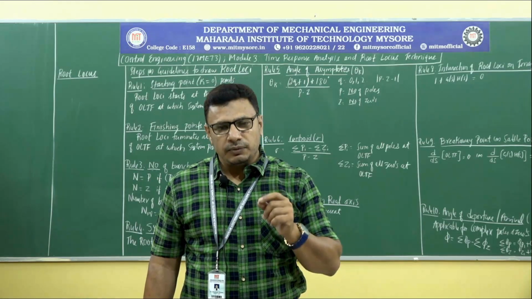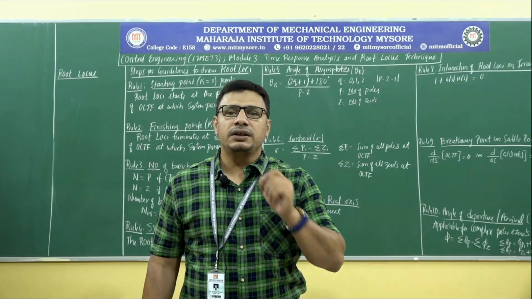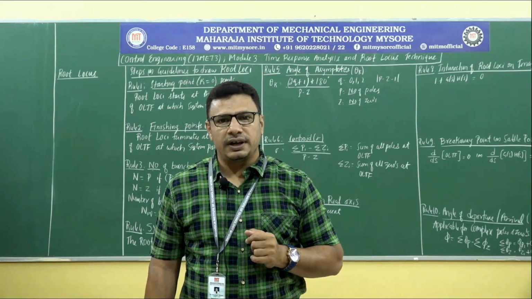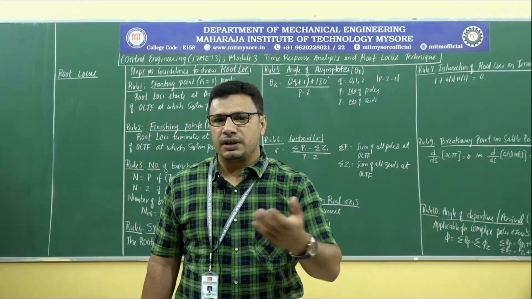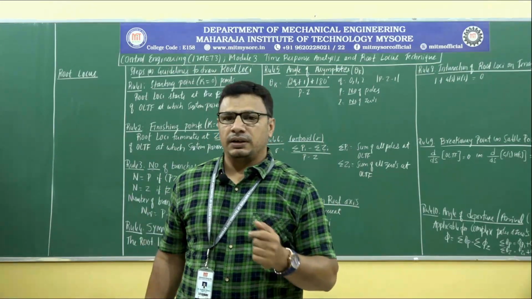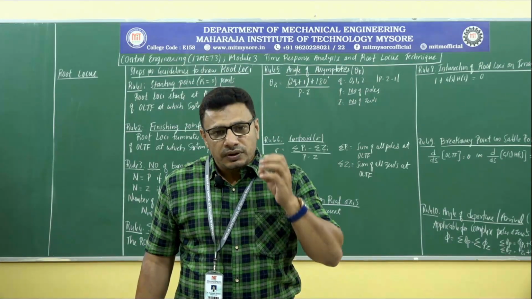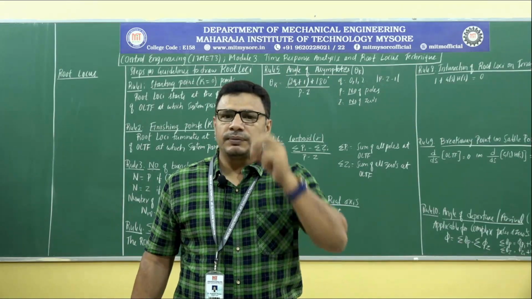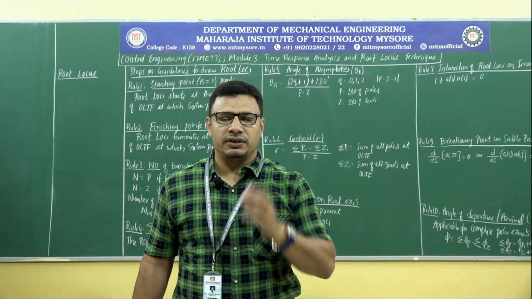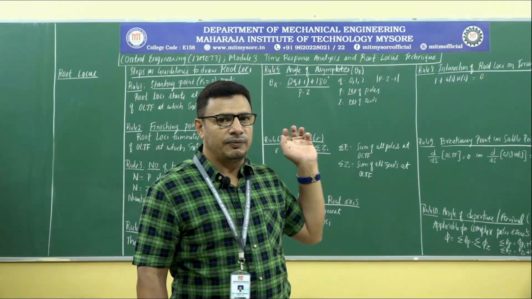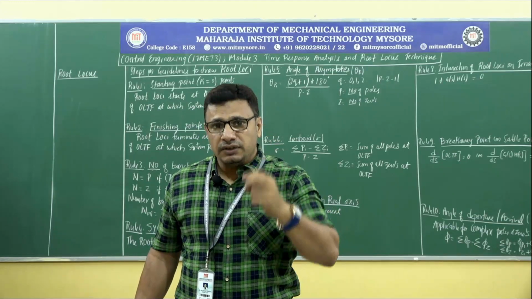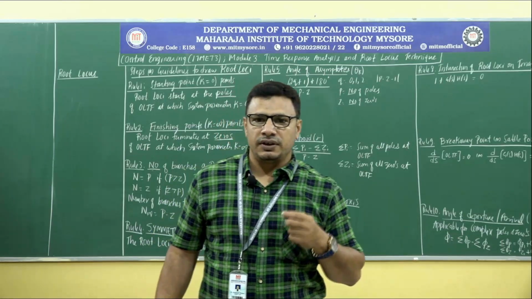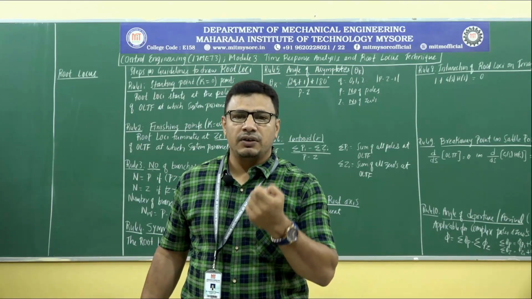But the asymptotic straight lines should start on the real axis. Where should they start? All the asymptotic straight lines, whether 2 or 3 or 4, depending upon the number of angles you get there, will all meet on the real axis at a point. They will all start from that point and go in various directions at various angles, as calculated in rule number 5. But their initiation, their root, will lie on the real axis. So where will they meet on the real axis?